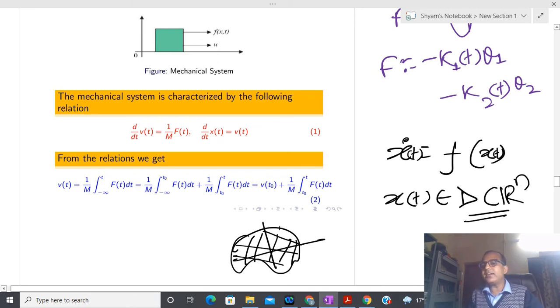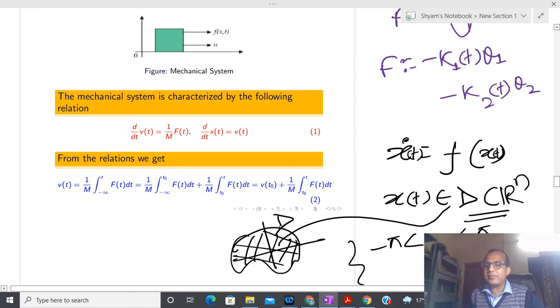It means that x(t) contains some kind of real number, but it does not lie everywhere. It comes from this particular region, and this region is D. In the case of the pendulum system I can explicitly define that theta lies between minus pi to pi or 0 to 2 pi, and theta 2 may belong to any real number. That doesn't matter, angular velocity might be anything. So in this way the notion of subset also comes into the picture for our representation purpose.